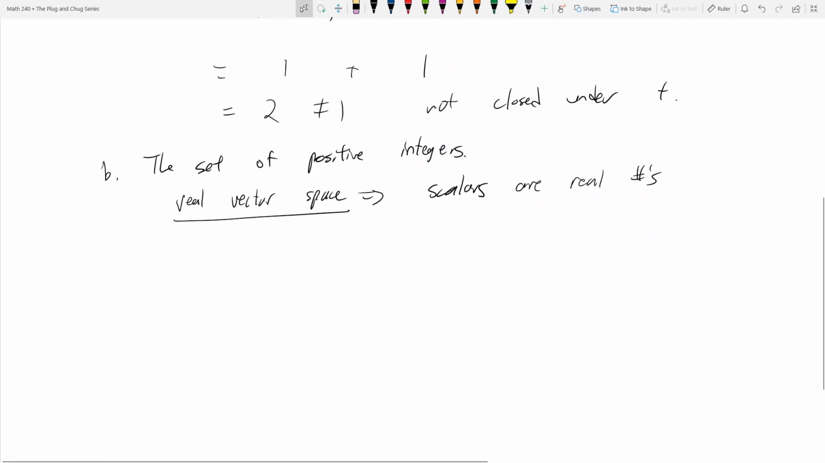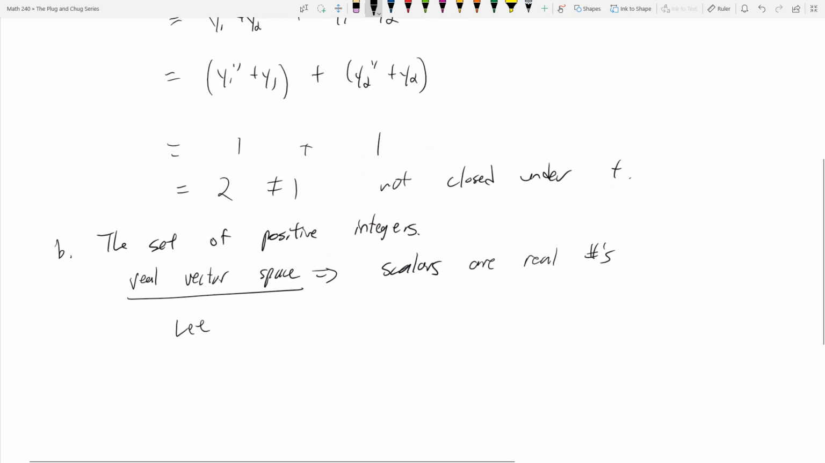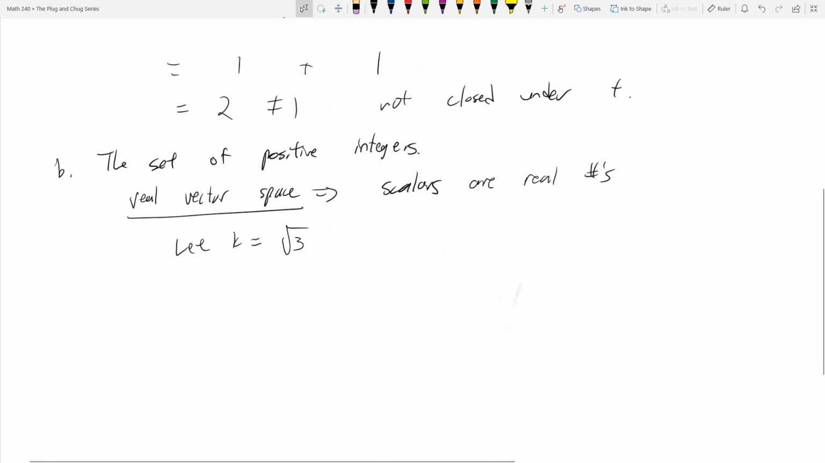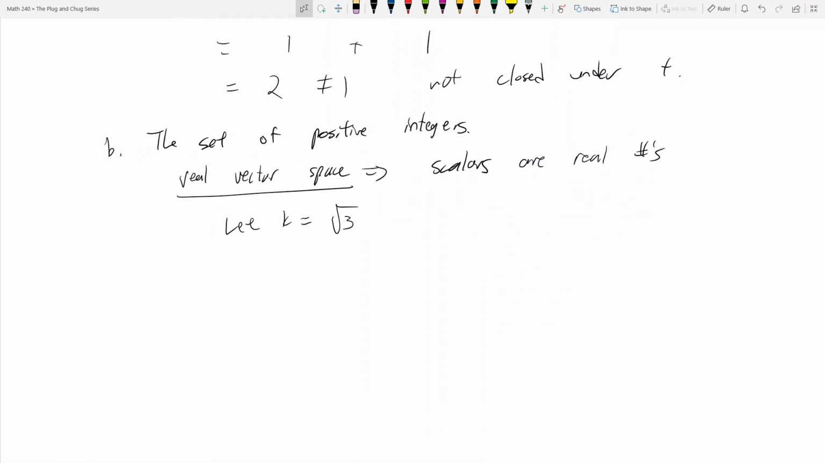So, for instance, let the scalar k equal, I don't know, square root of 3. Okay? Well, what's square root of 3? It's an irrational number, right? And so, if I take any integer, let's say 37. Okay, so this is just an example. It's any random positive integer, right? I take 37, then